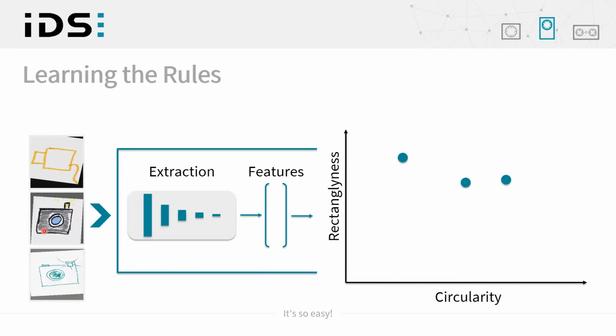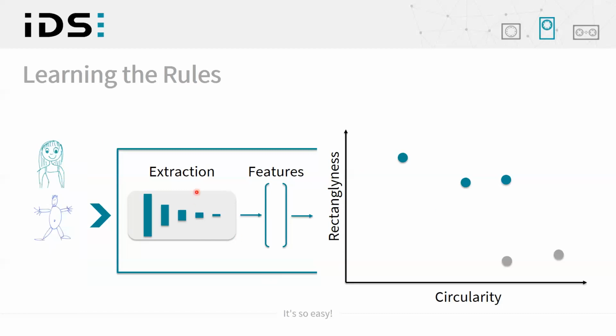So all these camera images will probably occupy one space here. And if we train the neural network to distinguish drawings of cameras from drawings of people, then the feature extraction will learn meaningful features and will learn to separate these two classes as much as possible in this feature space, and it will learn a rule to separate the two. So basically, included here we have a huge set of rules that have not been set explicitly, but have been learned implicitly by looking at the example images.